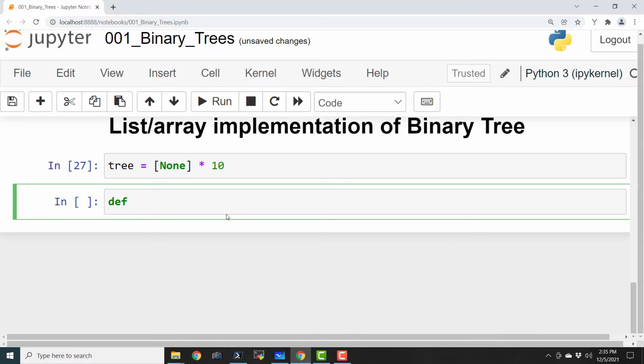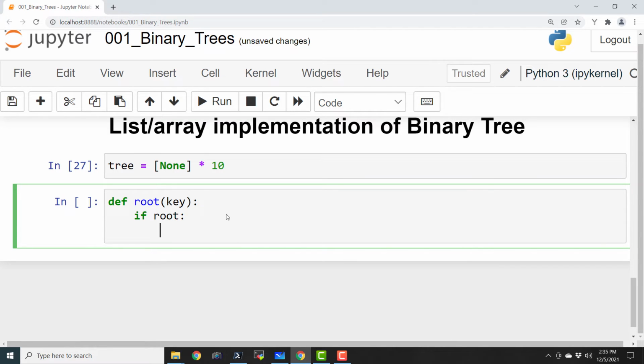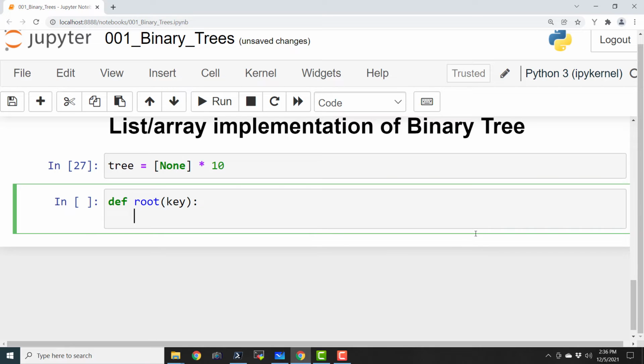Now let us define root, def root(key). So I'm going to pass the key to this particular function root, and it is going to check if root is true, or if the root exists. Then I'll say print tree already has a root, or I will just go ahead and avoid this. Okay. So I will just say, if root, or I won't actually even say root, I will just say tree[0]